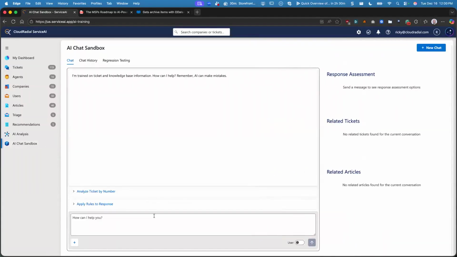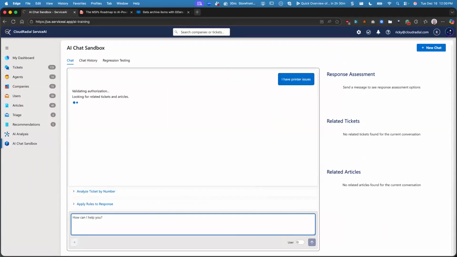And I'll show you a really simple example of it. So let's go to a generic sandbox here. And I say a very, very awesome ticket. I have printer issues. Now we know on the MSP side that means nothing. So the AI is going to come back and, like I told you, it's designed to have to give you